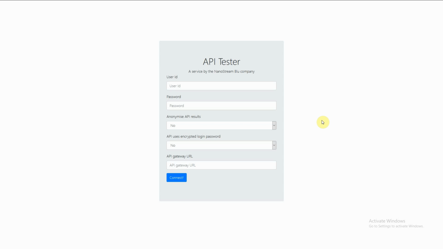Hello and welcome to this session where we're going to review the API tester. This is a method that you would use to test your application programming interfaces to ensure that it is working correctly in terms of the calls that you've created, but also in terms of the authentication that you might have applied. So typically an API spec will be given to you to access one of the systems that we've